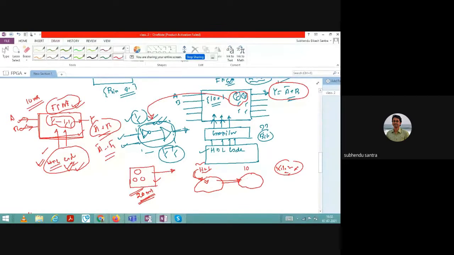Let us say you have 100 transistors. Out of 100 transistors, how many transistors are required? Let us say 10 transistors are required to generate this function, okay. So automatically the compiler will take 10 transistors out of this 100, and it will configure the circuit diagram, okay. That is the beauty of this FPGA. You do not have to think about it, okay. This platform they have already designed using VLSI technology.